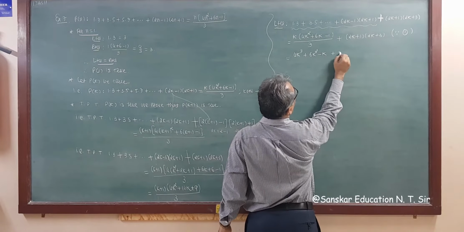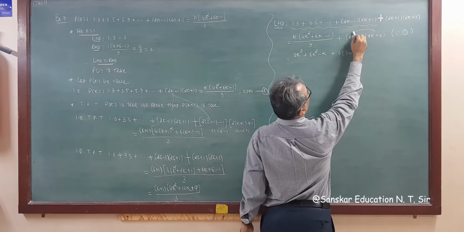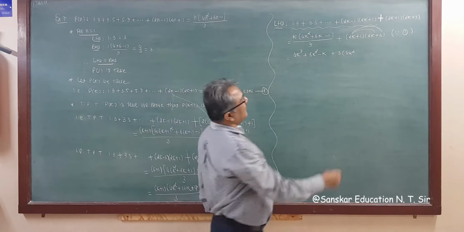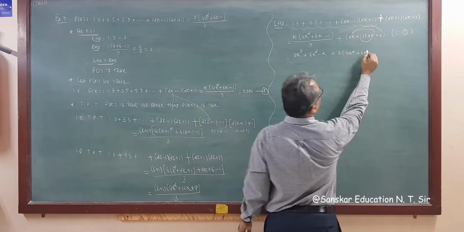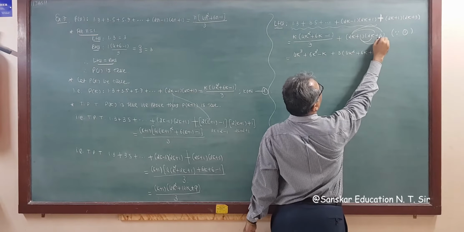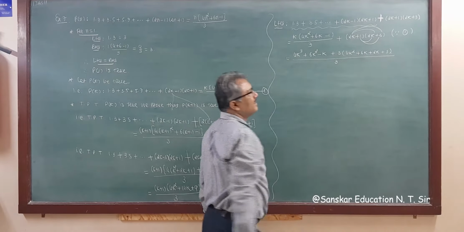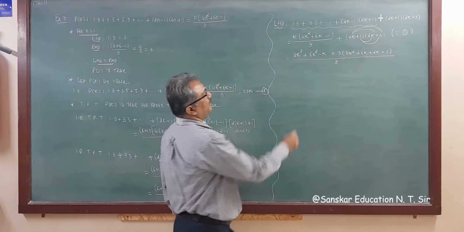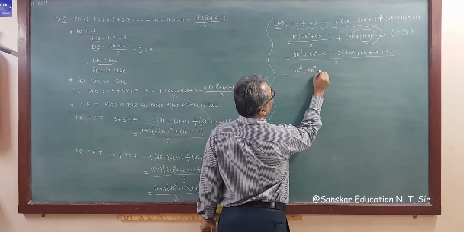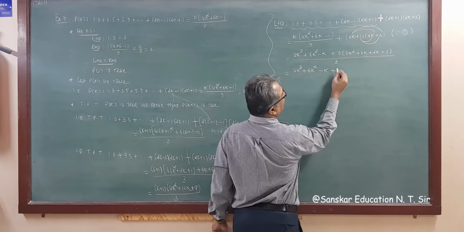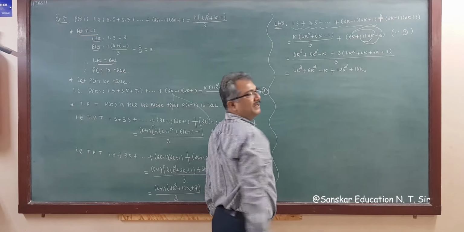Now plus 3 times. Now multiplying this 2k with 2k, that is 4k square, 2 with 3, that is 6k. So plus 6k. Now 1 with 2k, so the answer is plus 2k, and 1 with 3, that is plus 3, whole upon LCM is 3, so I am writing 3. Right? Now this is 4k cube plus 6k square minus k plus, this is 4 into 3, 12k square plus 6 into 3, 18k. Right?